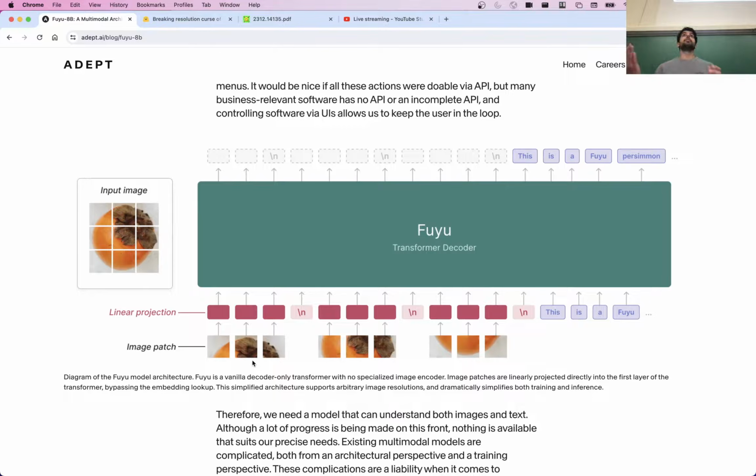So GPT-4V, for example, although there are no real details on how it works, is likely using their giant text model and a powerful encoder like CLIP, and then figuring out how to fuse those two components together, rather than being trained from scratch like this Fuyu model here. So yeah, I would have liked to talk about video, but it's not really at the stage where things are working just yet. So maybe next year for that.